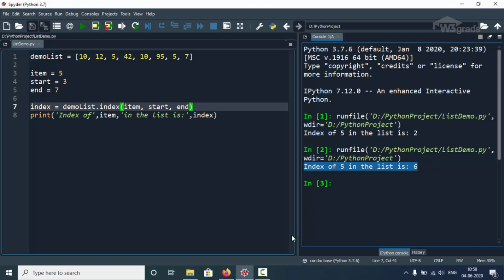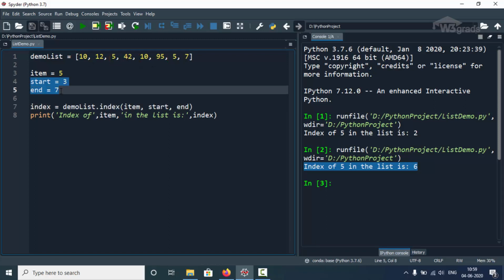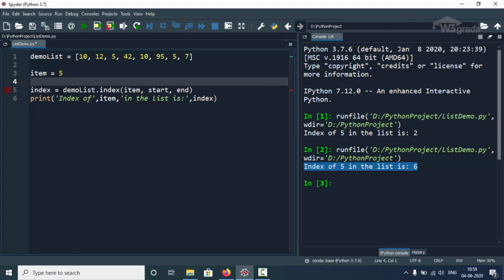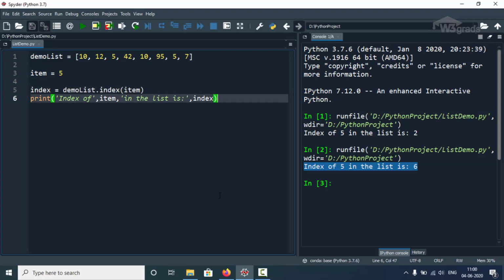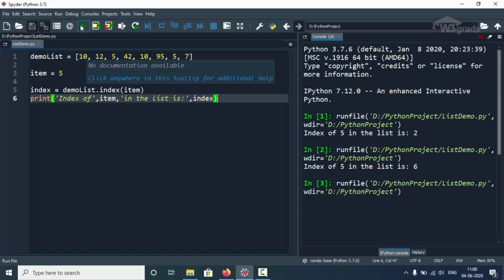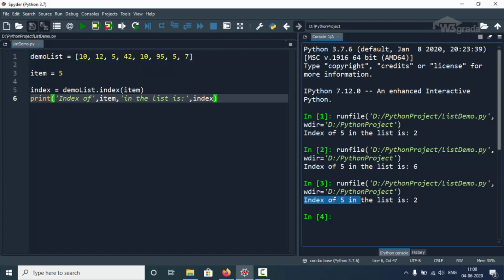Let us consider the same list. Here, we can see that elements 10 and 5 have occurred twice in the list. Now, we will get rid of the start and end variables. Then we will again go to index method, and get rid of the start and end arguments. Now, our code is all set to find the index of item 5, which has occurred twice. Now, we will again save the code and run it. On executing the code, we will see the output as, index of 5 in the list is 2. This clearly indicates that, in case of multiple occurrences, the index of first occurrence of 5 is returned, which is 2. This is because, the index function scans the list from starting. When the item matches the argument, the function returns that index. The later occurrences are ignored.